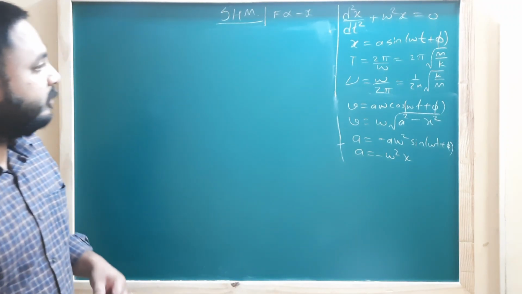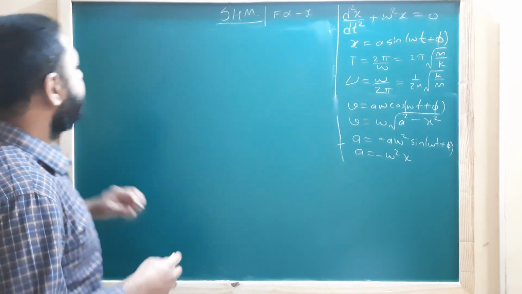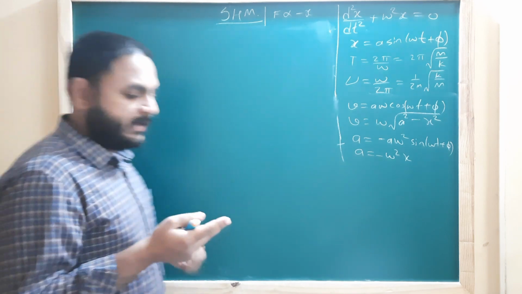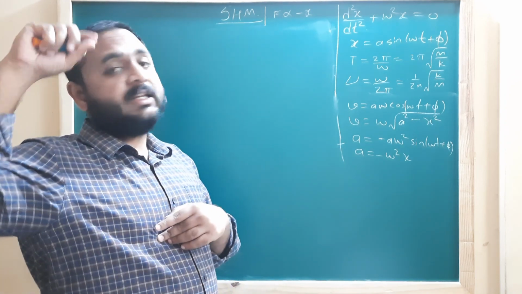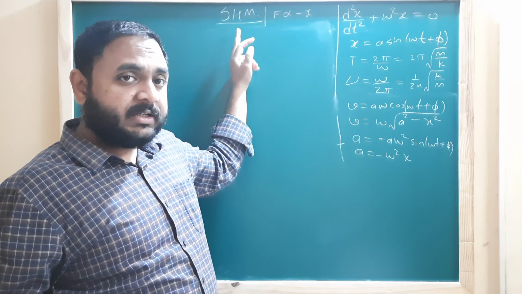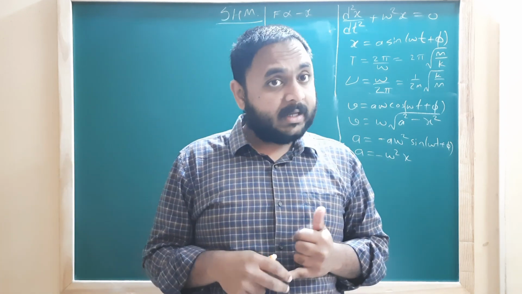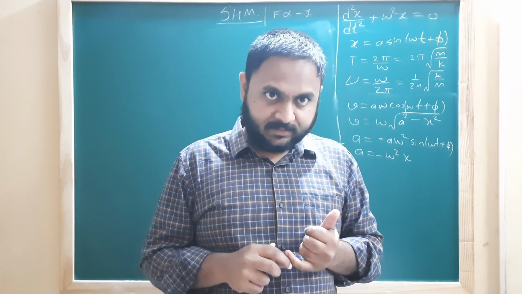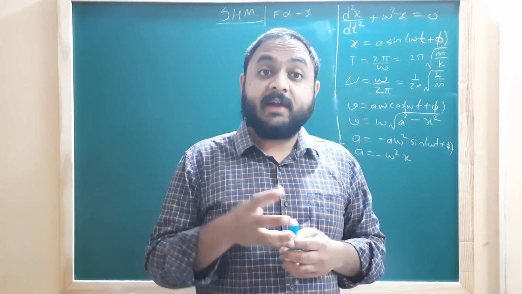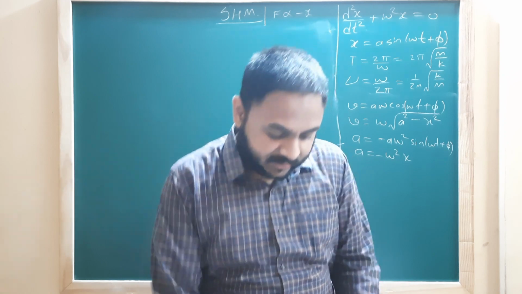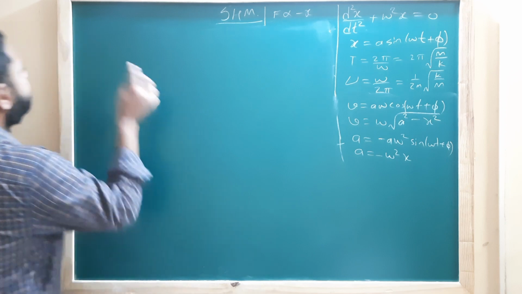Okay, so now we'll speak about energy. What becomes of the energy in SHM? We know that the energy is of two types: kinetic energy and potential energy. In fact, right at the beginning we said that any object, if it has to perform SHM, that system has to have two things. One, it should have the ability to store potential energy. Second, it should have inertia. When it has inertia, only then you will get kinetic energy. So let's find out the energies one by one.